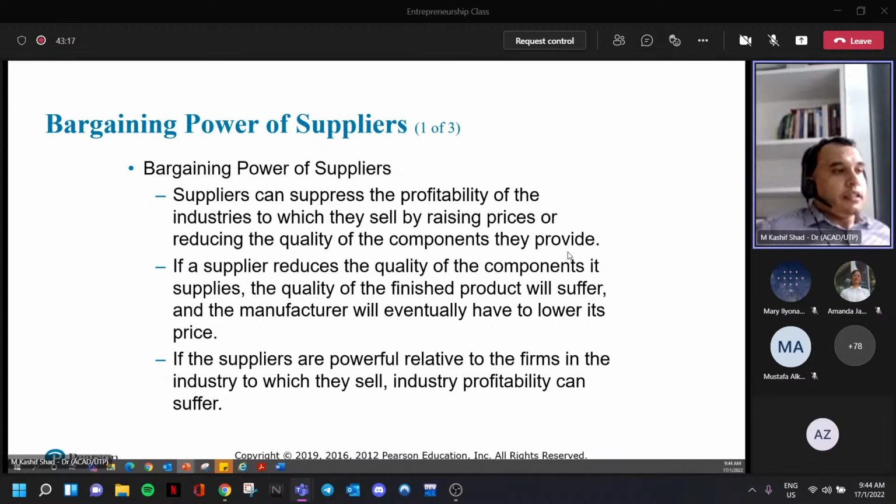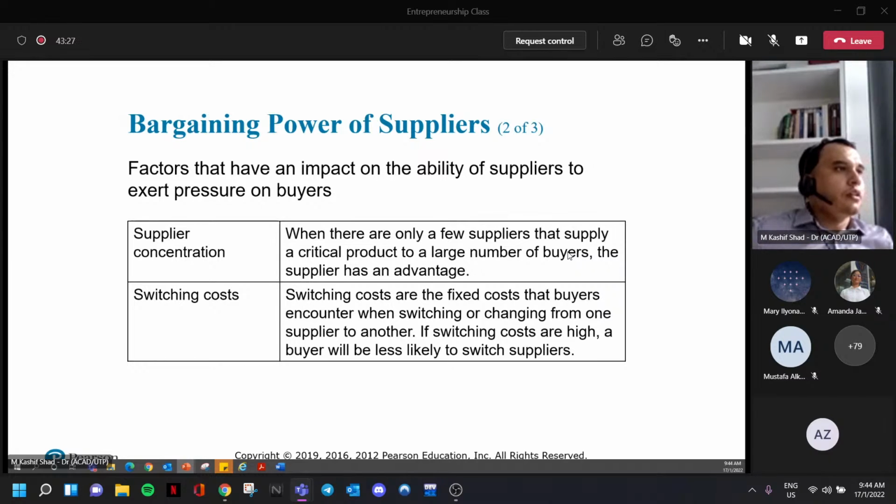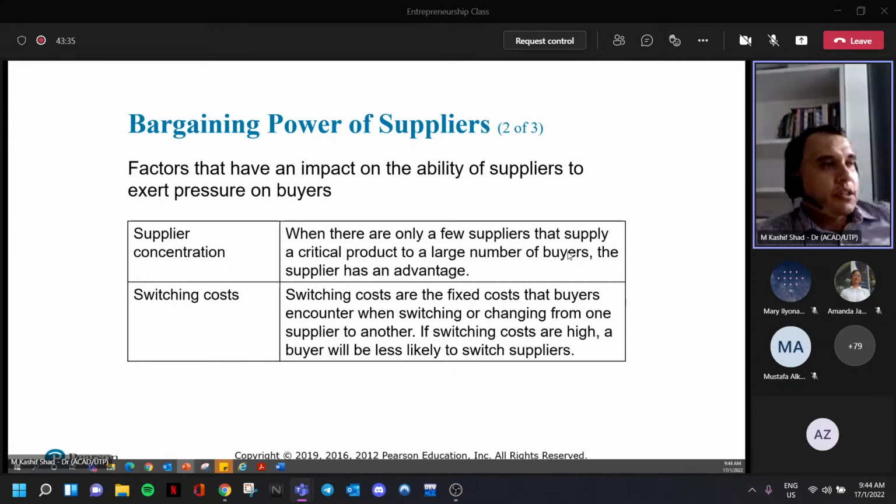Then third point, if the suppliers are powerful relative to the firms in the industry to which they sell, industry profitability can suffer. What are the factors that have an impact on the ability of suppliers to put pressure on buyers? The first one is supplier concentration. When there are only a few suppliers that supply a critical product to a large number of buyers, the supplier has an advantage. You always know that if someone has a monopoly in the market, they can exert pressure on the